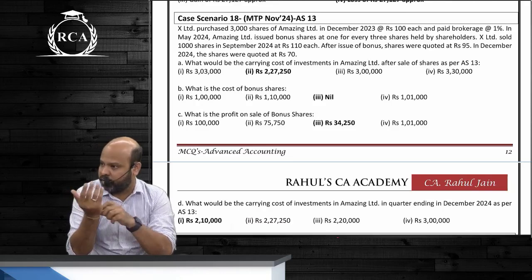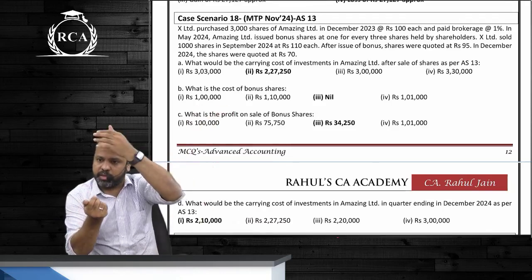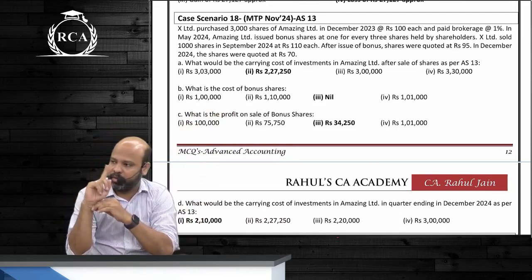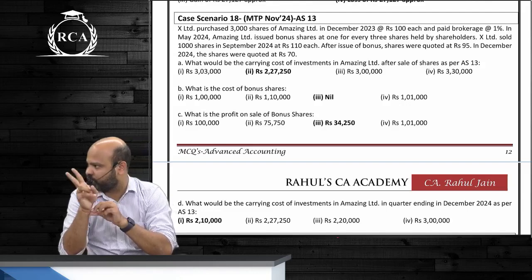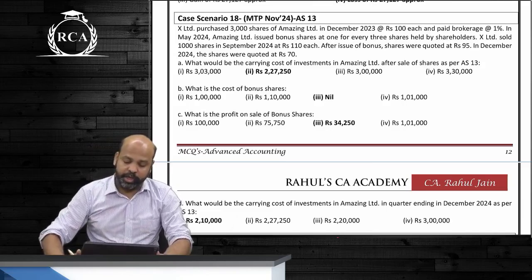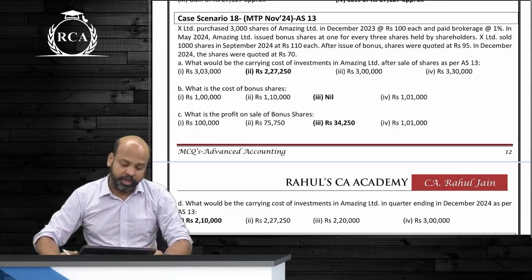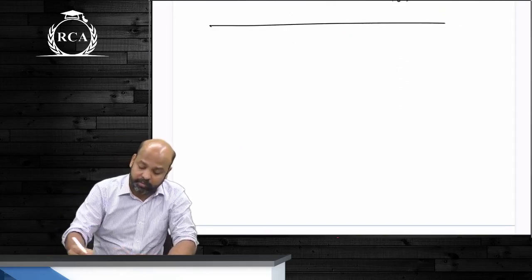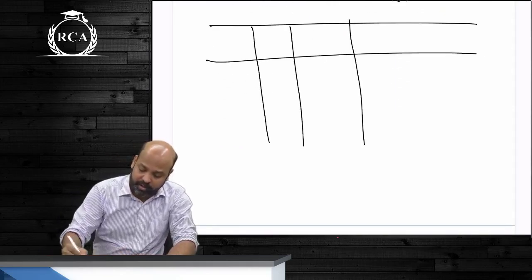वरना period of holding जा रहे मतलब date of purchase से लेना है ना. So that is why under tax कुछ भी कर लो guys, it will always be FIFO method. That is under income tax. But AS 13 weighted average method. So here, after the issue of bonus shares, the shares were quoted at 95 rupees. In December 2024, shares were quoted at 70 rupees. So here guys, if you look at the investment account के साथ बेटा ऐसे rough में बना रहा हूँ guys.